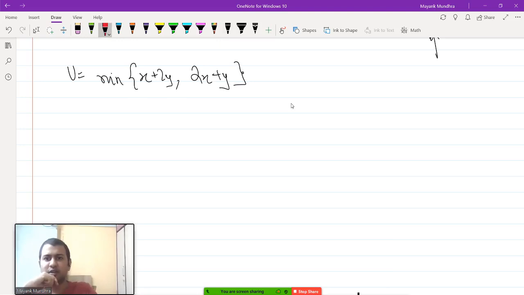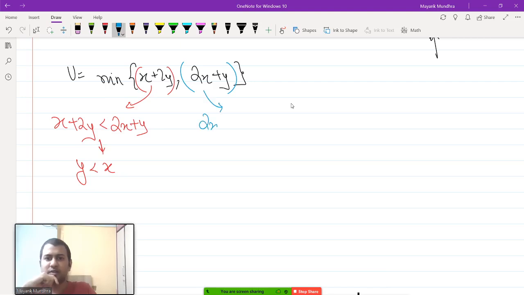So we said that the utility reports x plus 2y if x plus 2y is less than 2x plus y, which basically implies y is less than x, and it will report 2x plus y whenever 2x plus y is less than x plus 2y, which implies that x is less than y. After that, what we do is we plot the